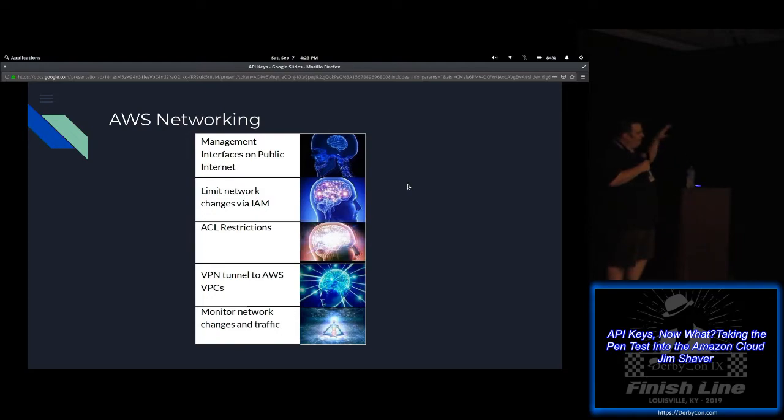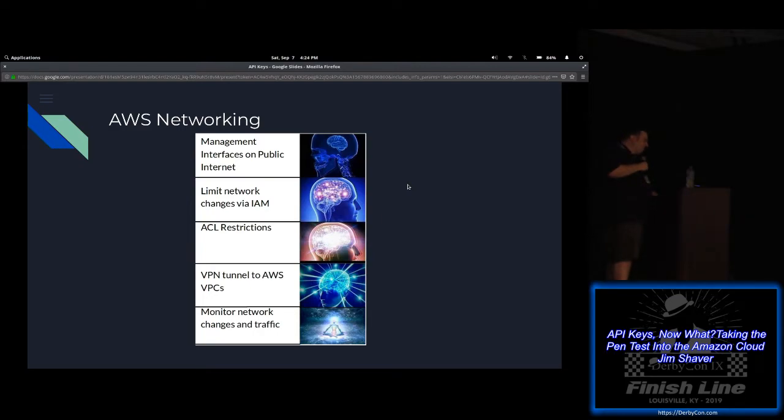And why this is important to know as a pen tester is, if you can get them to move to step 3, you're probably out of luck in terms of getting to those management interfaces. And you might say, well, why don't you put step 3 at step 2? Well, because developers are going to open up 22 if they have the ability to. Okay, so that's AWS networking.